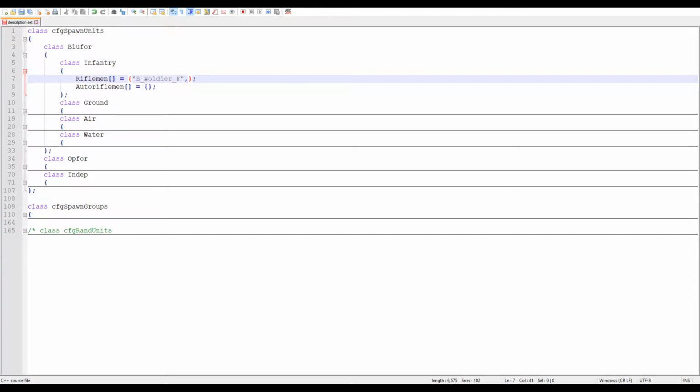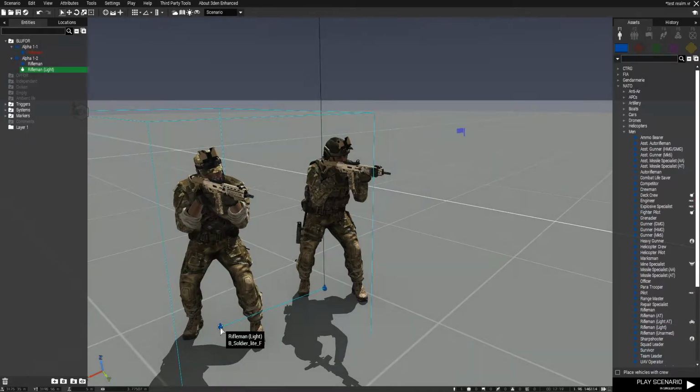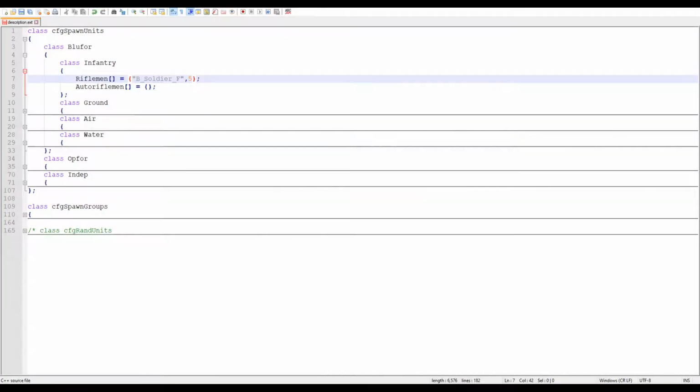So I'm going to put the probability of a normal rifleman up to about 5, and then go back to the editor, and there is here a rifleman light, which you'll see his name is B_soldier_light_F. So we'll be using that in the notepad. So going back to notepad,